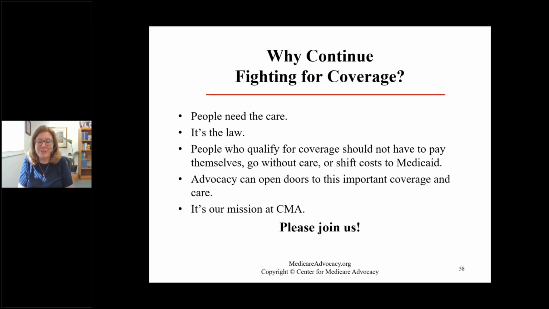It's the law. Congress got it right. This is one of the things that we kept arguing when we were arguing the home health aide case in the DC Circuit Court of Appeals. Our wonderful litigation director, Allie Bears, kept saying, Congress got this right. If we could get the